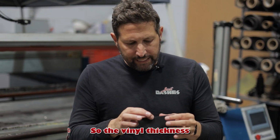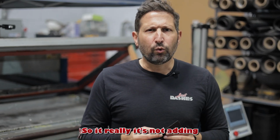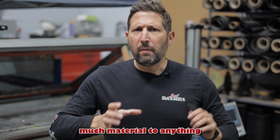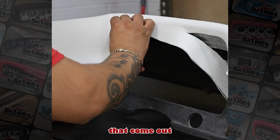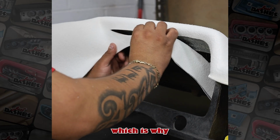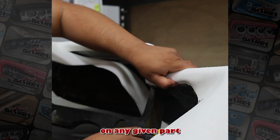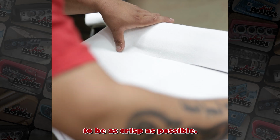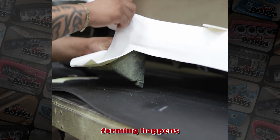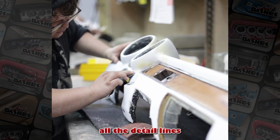So the vinyl thickness is about 5 pieces of paper thick. So it really is not adding much material to anything. And it really does contour to the shapes that come out of the foaming department, which is why we spend anywhere from 20 to 40 hours on any given part coming out of the foaming department. We want those lines to be as crisp as possible. So when the vacuum forming happens, with that little amount of material being added, all the detail lines come out